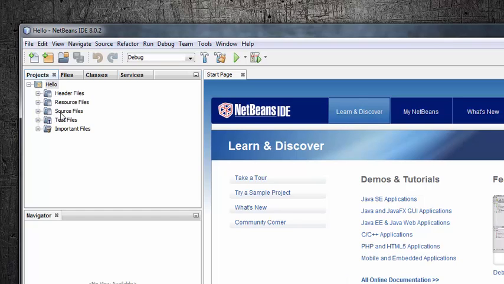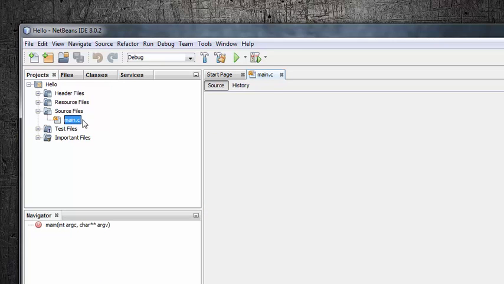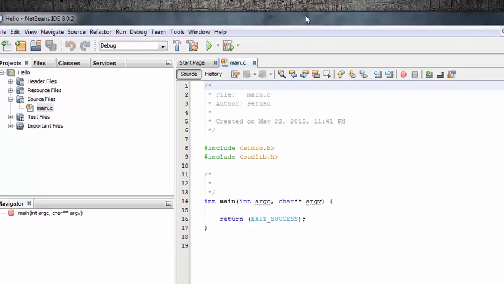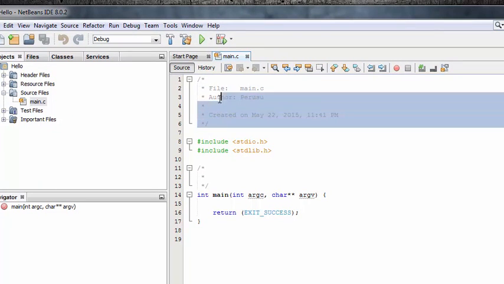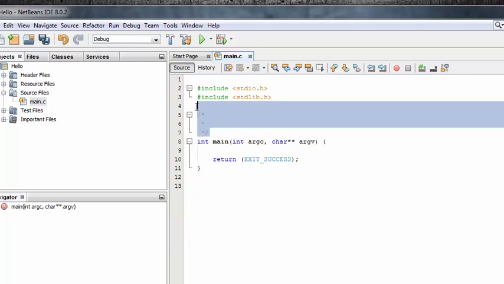So here this source files directory holds our main file, so double click this main.c and take out the comments if you wish.